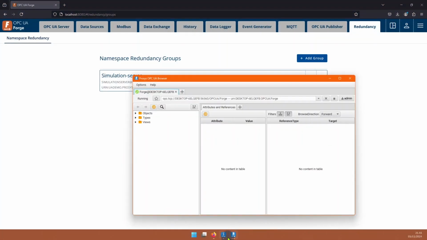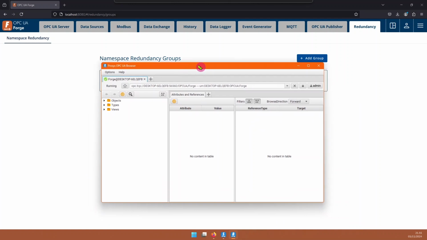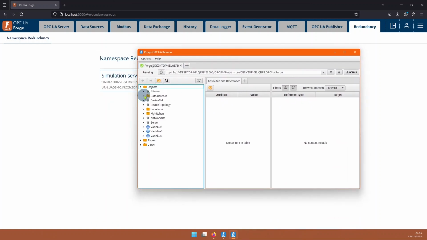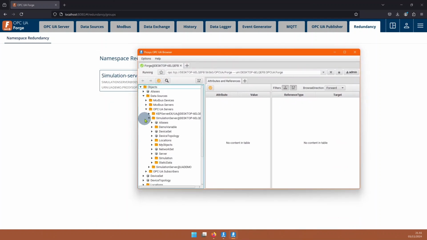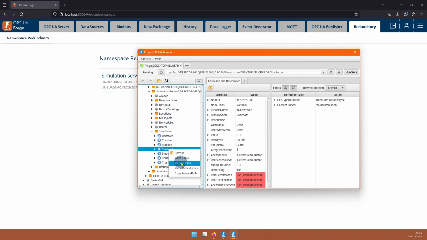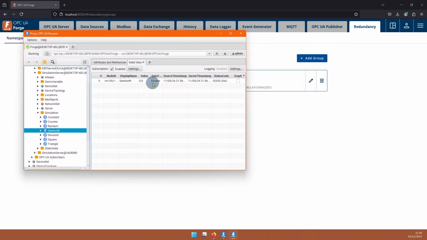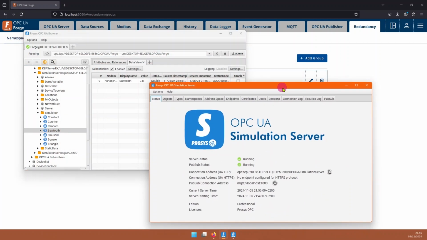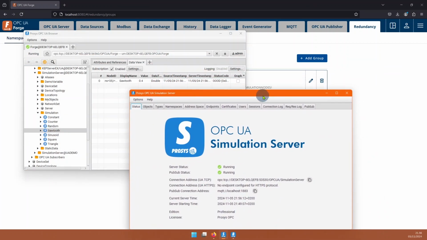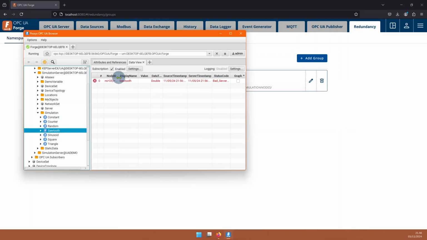And next we will demonstrate how this works during a connection loss. In this configuration, I will monitor data from my local simulation server, like this. And I start receiving the value. And then I will close my simulation server to demonstrate a scenario with the connection loss. And if I now close the simulation server, we see a short connection loss here, but then the data will